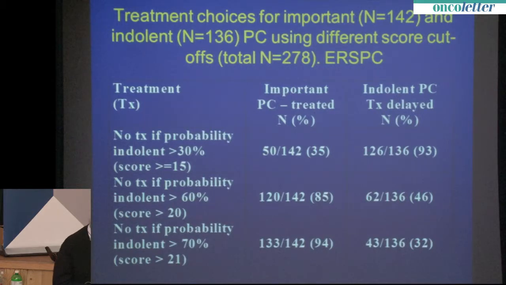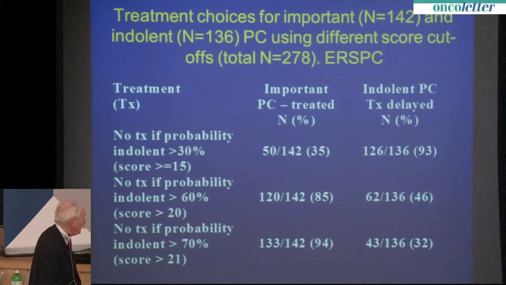Still, I think the nomogram gives us a very good handle to deal with the situation, and I want to be brief. If we use a probability cutoff of more than 70% of having indolent cancer, then we will have